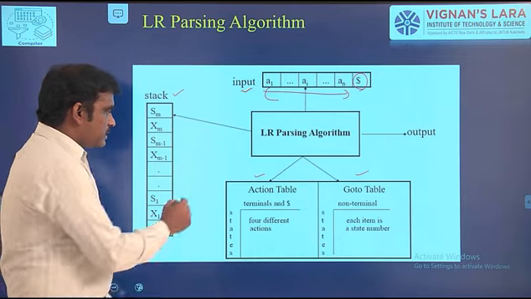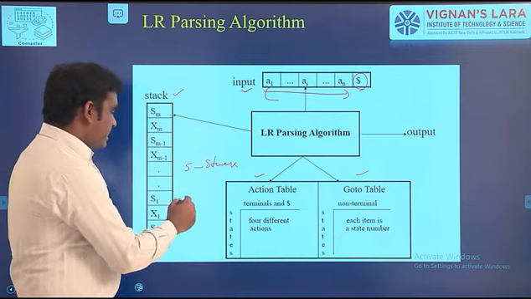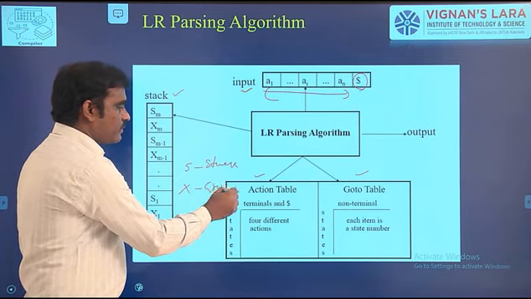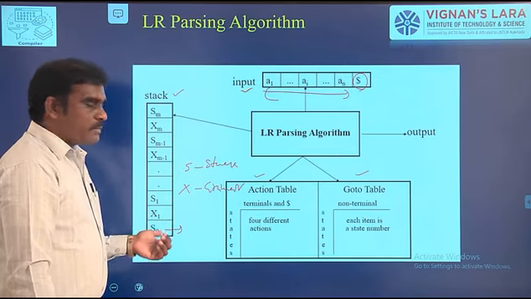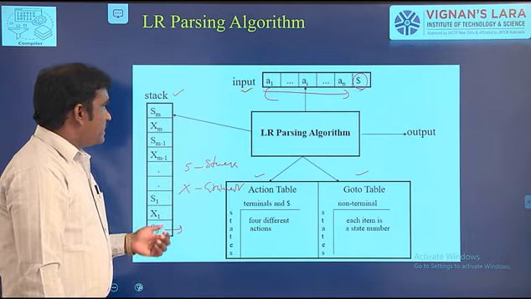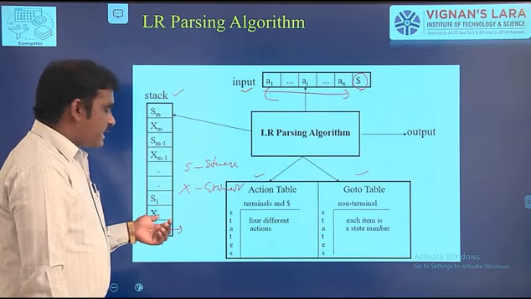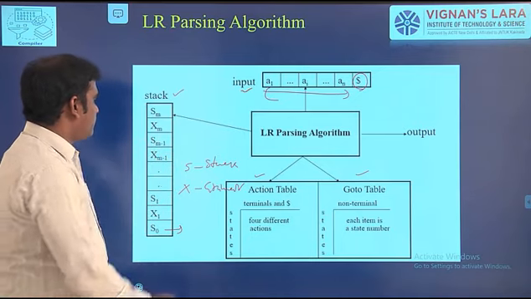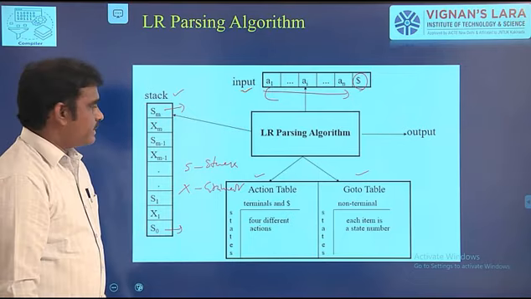So here S means stack symbol, it is a stack alphabet, whereas X1, X2 all are grammar symbols. So here the stack is a combination of stack symbols as well as grammar symbols. Initially the stack contains S0, where S0 is the initial stack symbol, followed by a grammar symbol. Next one, stack symbol, grammar symbol, stack symbol, grammar symbol, like that. Now here Sm means the top of the stack alphabet.